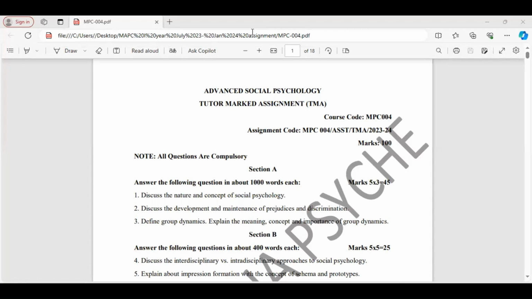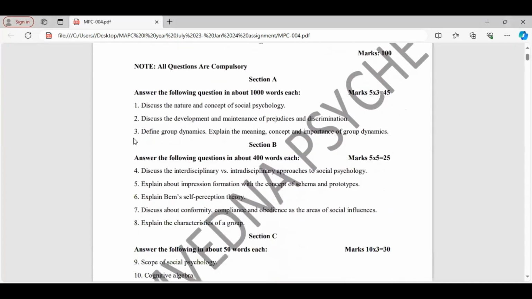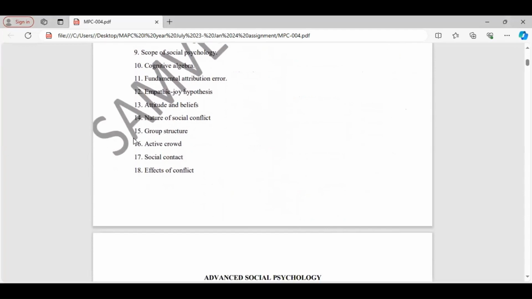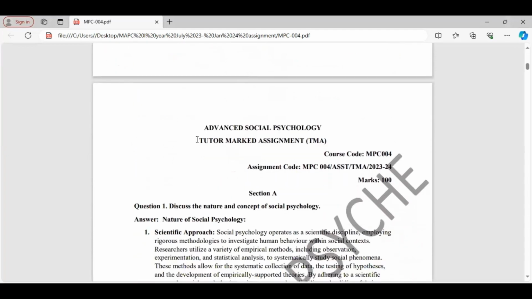Let me remind you of including the title page and the question paper before you start writing your solutions. Before writing any answer, mention the subject along with subject code, tutor marked assignment, course code, and assignment code. And while writing the answer, leave a left margin of 3 to 4 centimeters and space of 3 to 5 lines after every answer. And do include the diagrams wherever necessary.